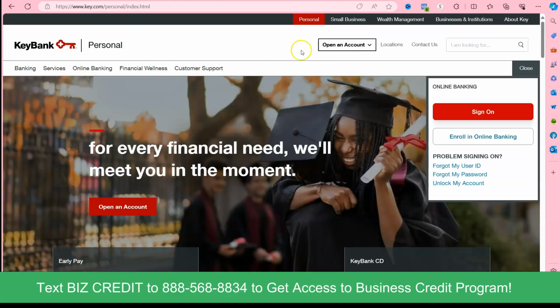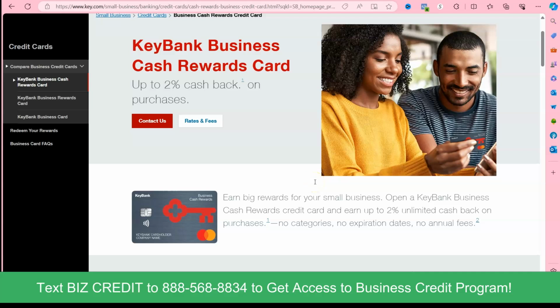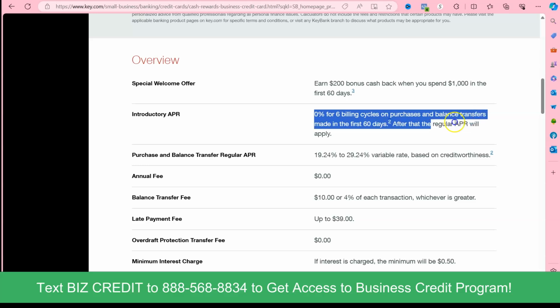The next one would be KeyBank. They will also pull Equifax, and they also report to the business credit reporting agencies. With KeyBank, you will have to contact them or go into a bank location to get one of their business credit cards. They have 0% interest up to 6 months. And you can also do balance transfers within the first 60 days. So 0% for 6 months on purchases and on your balance transfers if you have cards that you want to